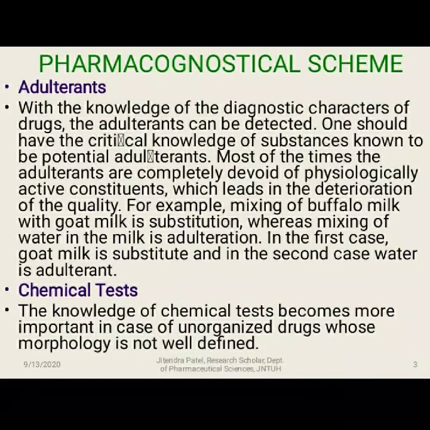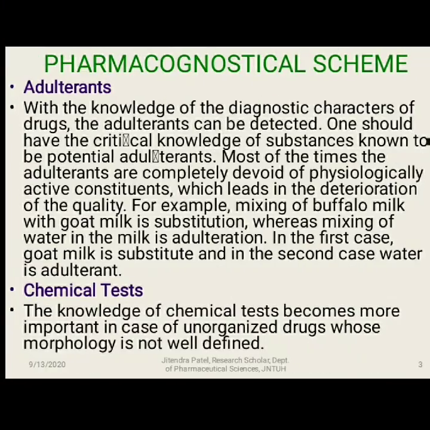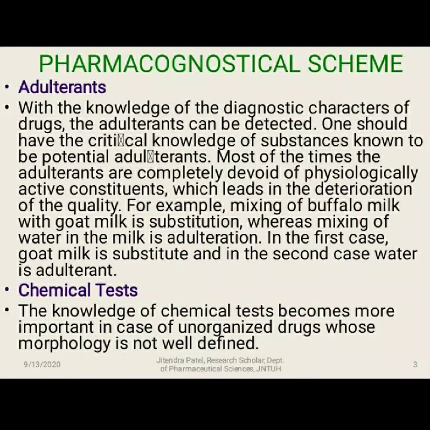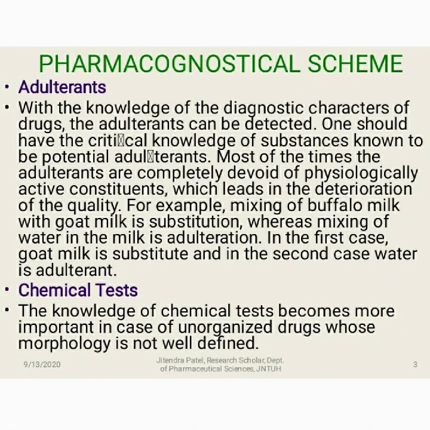We need to perform glycoside identification tests. Then only will we come to know whether glycosidal contents are present in that particular crude drug or not, right? So the chemical test is very important to trace out the adulterant and substitution, right? So these are the different points where we need to